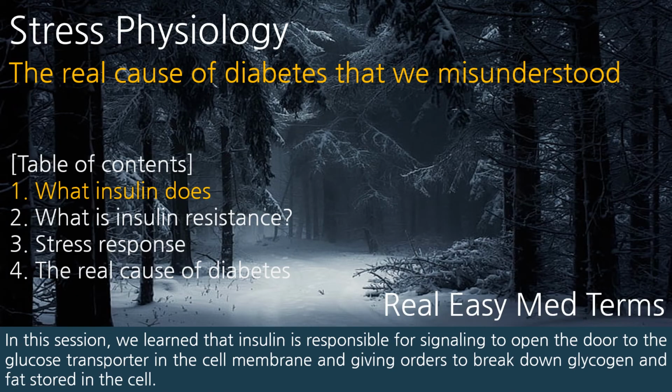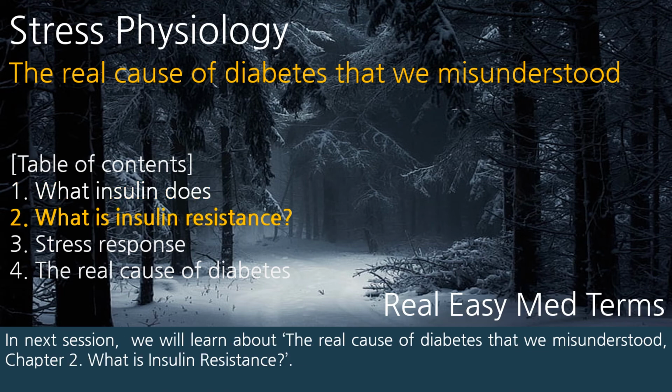In this session, we learned that insulin is responsible for signaling to open the door to the glucose transporter in the cell membrane, and giving orders to break down glycogen and fat stored in the cell. In next session, we will learn about the real cause of diabetes that we misunderstood, Chapter 2. What is insulin